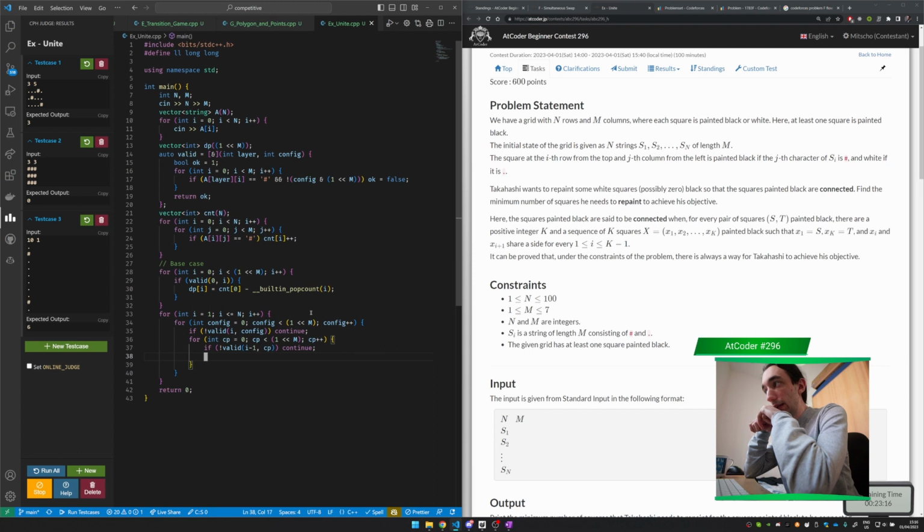So, can I have like a DSU for the other config? That's always just unnecessary memory, but